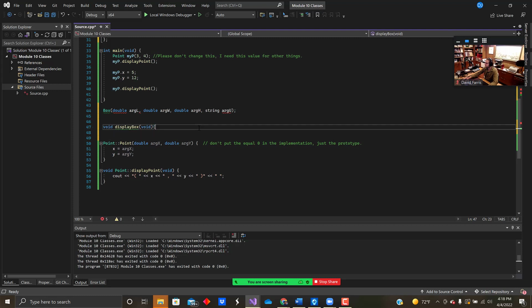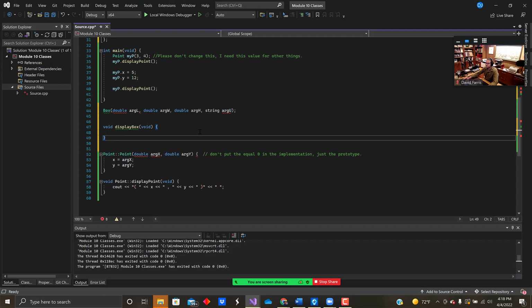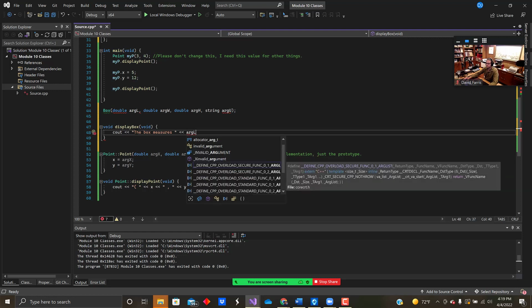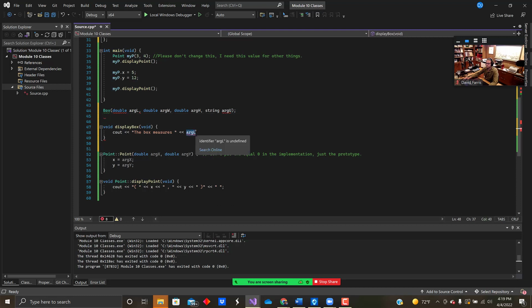We can do display box first. Let's go, box. The box measures, we'll do out the arg length. I don't need quotation marks. I need length. I need arg L. No, I don't need anything in it. I'm throwing myself off looking at the box up there. I don't need anything in it because we already have access to